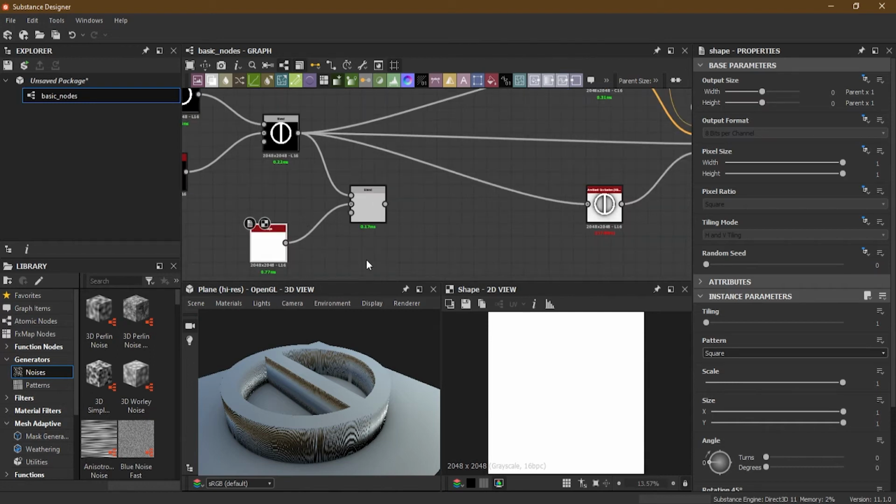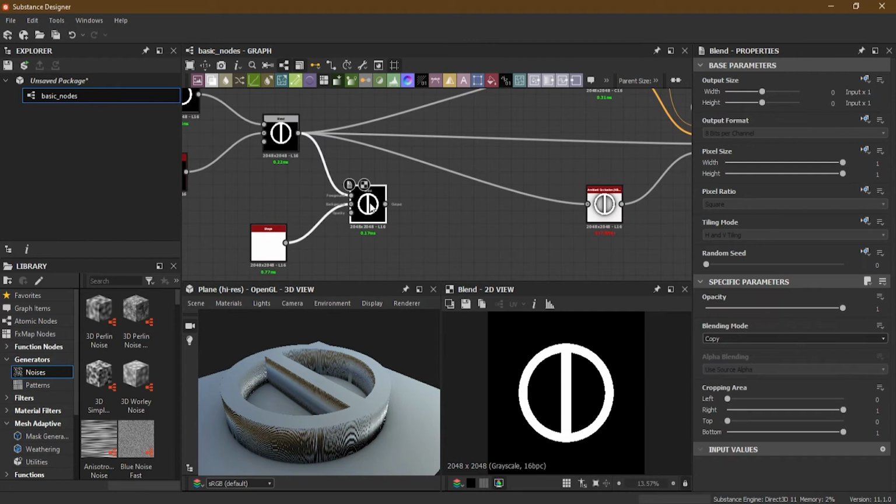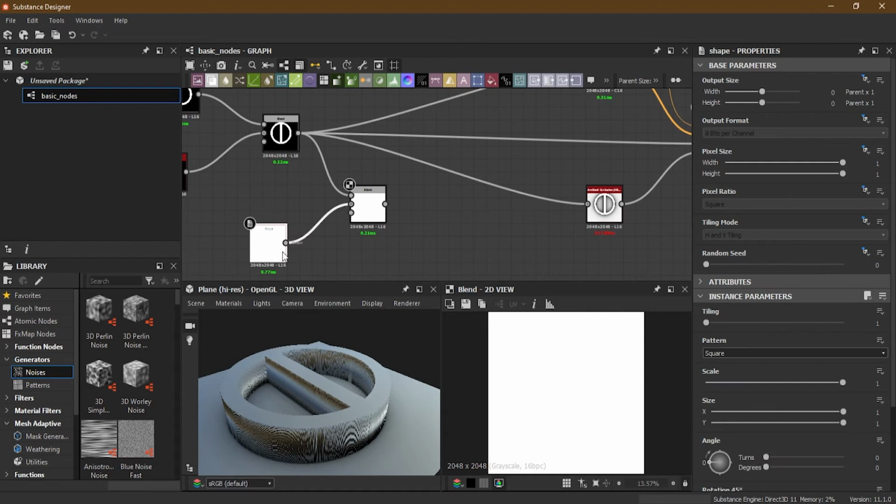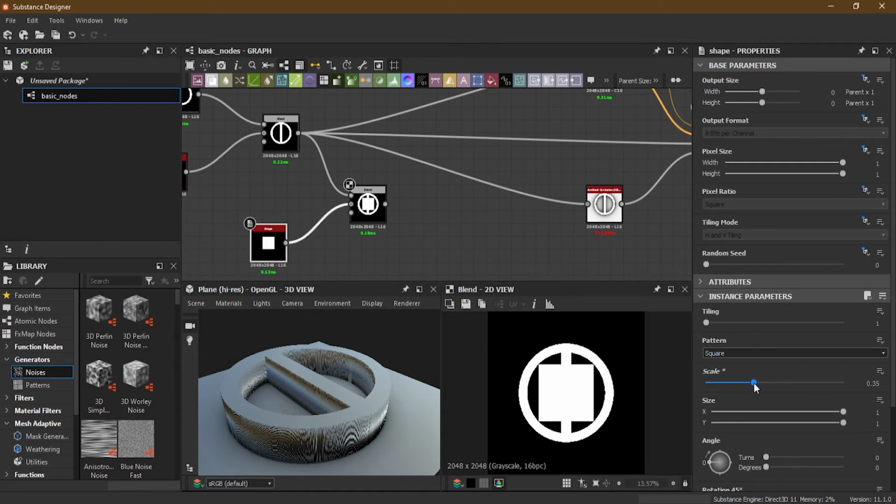Now, what I want to do here is, first of all, double click here in the newly created blend. I will make it add, but I cannot see anything because this shape is too big. So I just have to click it one time, scale it down. Now you can see, okay,